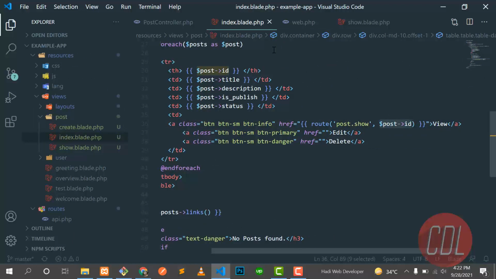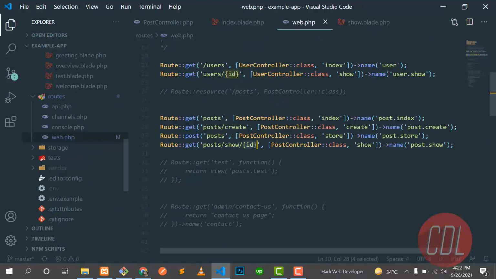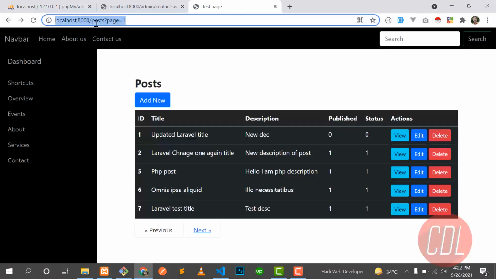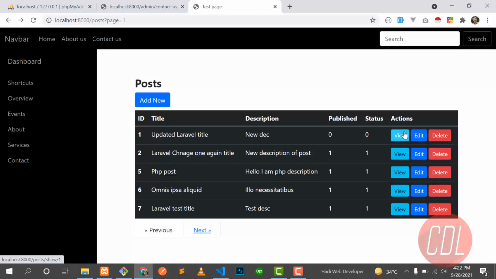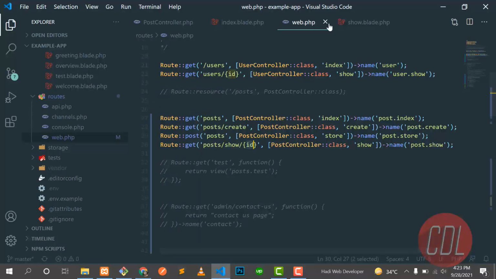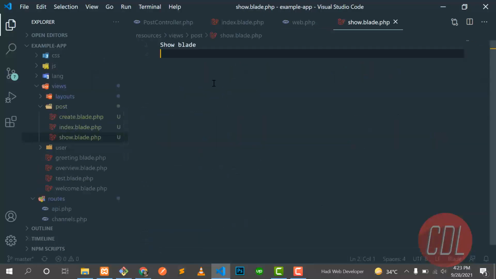So you can define any name, like something, and it will also work. I already told you in the previous videos, in the closure videos, where I explained how it's working. So you can define anything which you want. It's just a dynamic variable. So this is the running show method. Let me go to the show method, build a simple show page and come back.